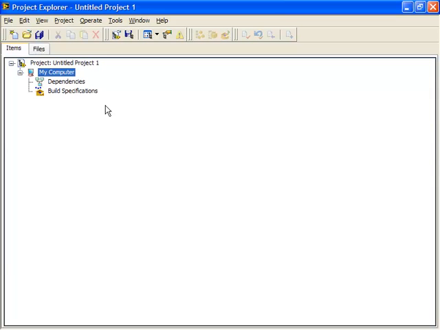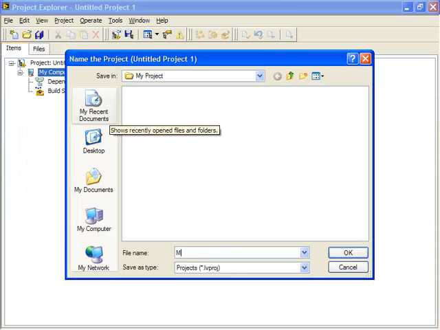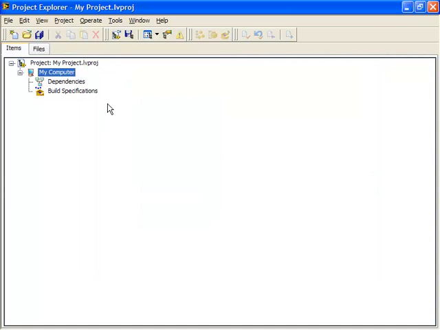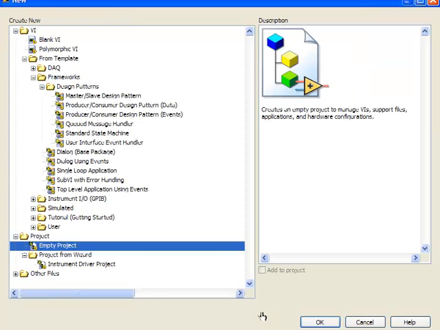Before we perform a tour of the screen, let's just save our project. Now that we've saved our project, we can proceed with a quick tour of the screen. Let's take a quick look at the toolbar here. Here we see our new item. If we pop this up, we see our standard new dialog box, and here we have the ability to choose